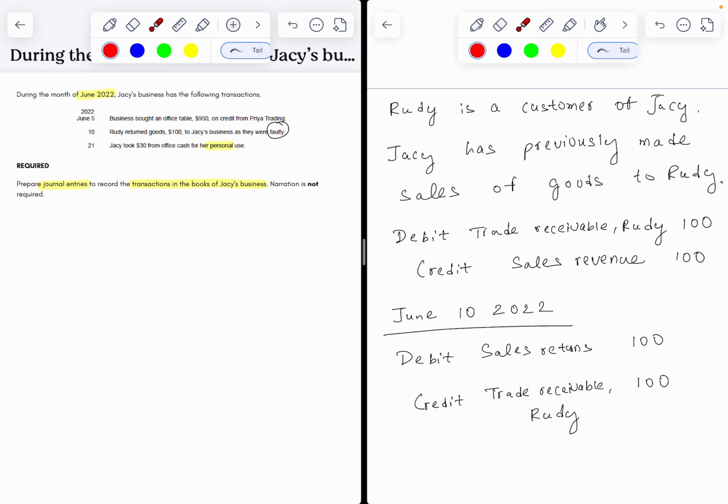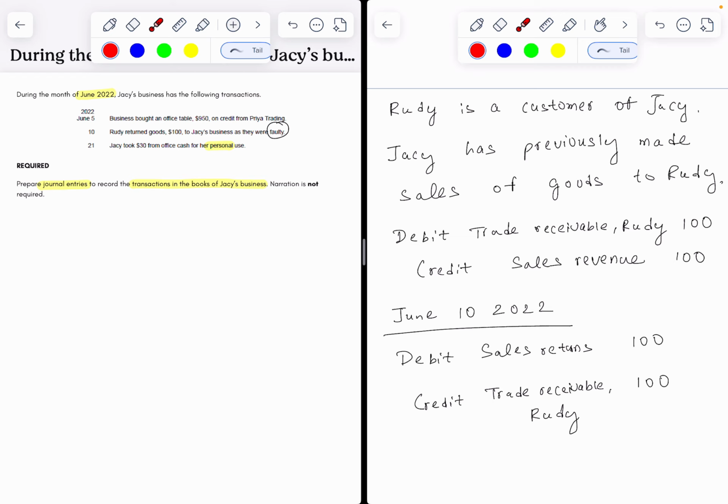So when the sale has been done, we debit the account for Rudy, trade receivable Rudy by 100. And because it was a sale, every time the business makes a sale, we credit the account for sales revenue by 100. And by default, when revenues increase or sales increase, we credit them, okay? All right. So on the 10th of June 2022, when Rudy would have returned $100 worth of goods,